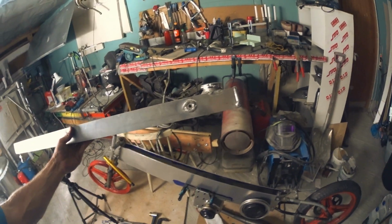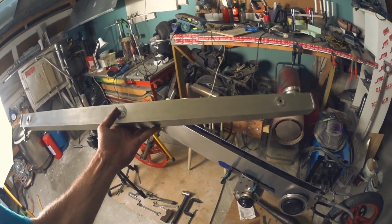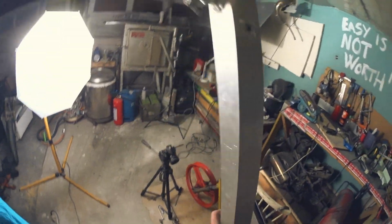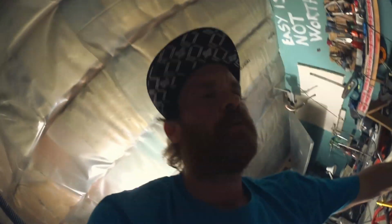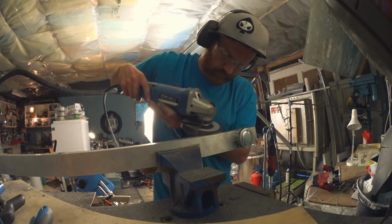he has made this. Let's see if I can. I'll put down the camera for him. He has made or welded this beautiful tank out of 50 by 50 aluminium square tube. Drilled some holes and welded in some bushings. There's a filler cap here and a valve there. So the plan is to use it, as I think I told you a couple of days ago in the last time I filmed there, as a stiffener and spacer and tank combined. So what I'll do now is I'll